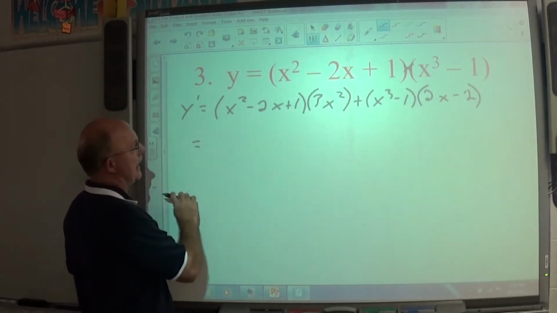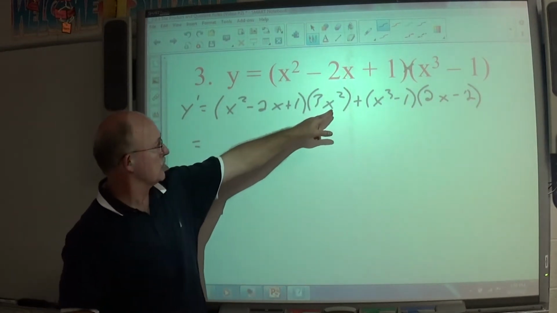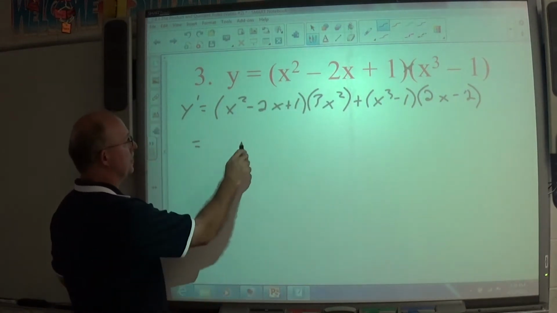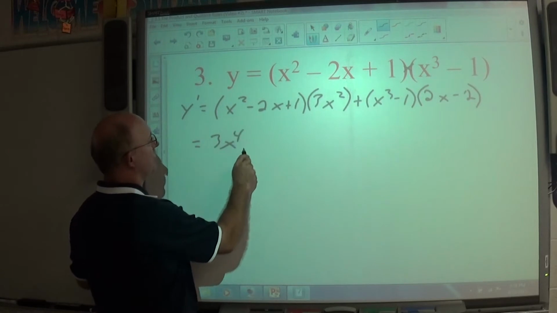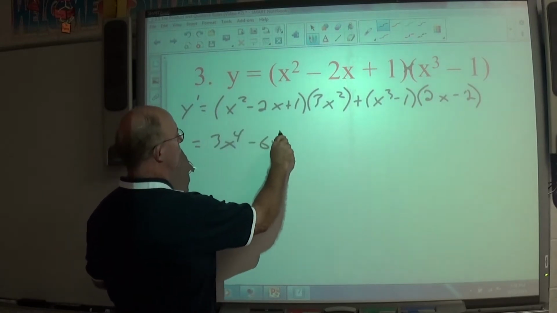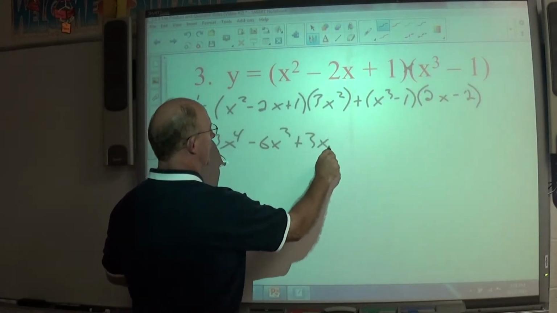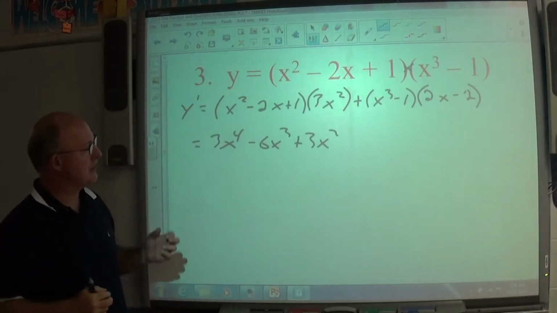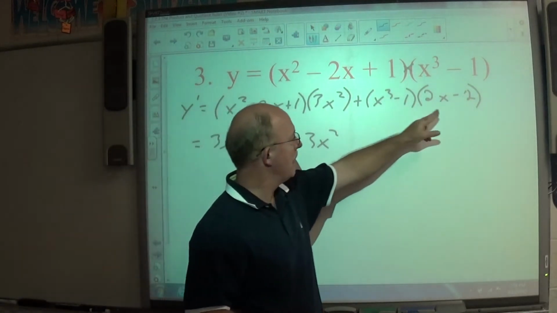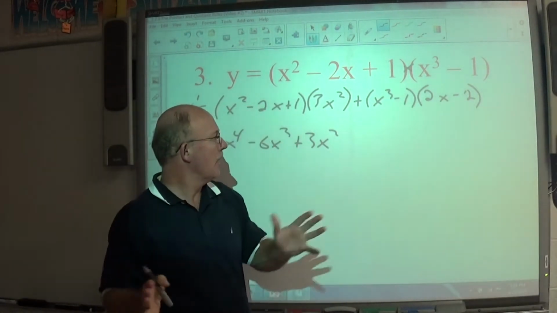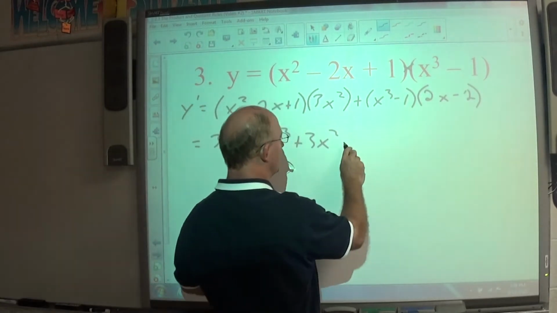Now this will simplify as, we just have to use our distributive property, multiply inside of our parentheses here, which is 3x to the 4th minus 6x cubed plus 3x squared. Now you got to be careful with the multiplication and stuff. Multiplying the 2 binomials, let's use the full method to multiply the 2 binomials here. This will be plus